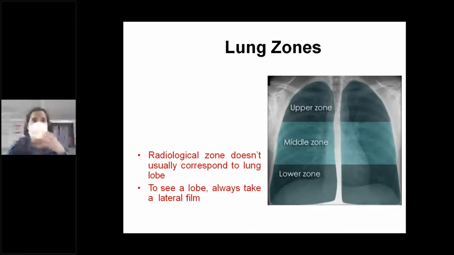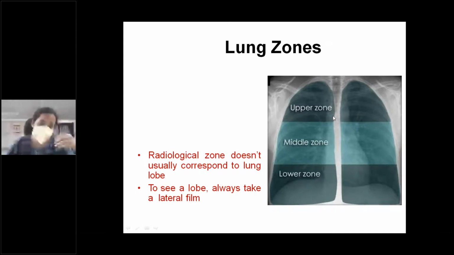So apart from the actual lobar division, which is based upon the fissures that are present in the lung, which are truly anatomical structures, we also have a division that is based upon a few imaginary lines that we draw on the radiograph. So we are drawing two lines in order to divide each hemithorax into three zones: upper, mid, and lower zones. Now, above the level of the second rib,